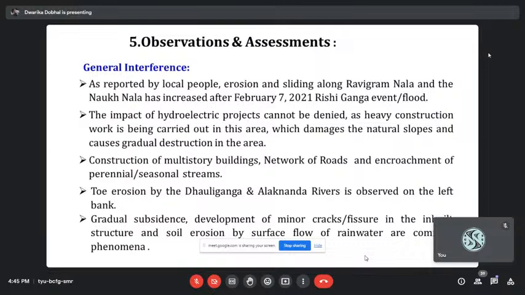So the impact of the hydro project cannot be denied, because this is not only about making the tunnel. They are also considering heavy construction in the area for their stations, their workshop, and their settlement. A lot of this infrastructure work is going on. So they damage the natural slopes, and this may be one of the causes of the weather destruction in the area, because this is another factor in the enhancement of